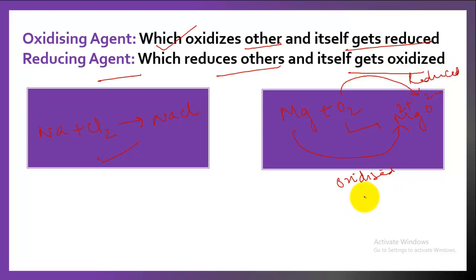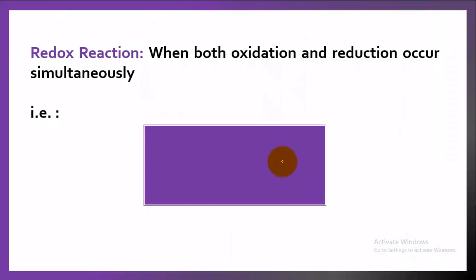So in similar manner, we can make out the oxidizing and reducing agent. This is the reducing agent and this is the oxidizing agent. So this is how you're going to prove how the oxidation and reduction is taking place. And just looking at the equation, you can make out whether you'll use the classical or the electronic concept for it. So we can say that redox reaction is a reaction in which oxidation and reduction both occur simultaneously.